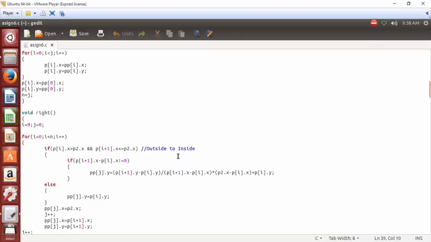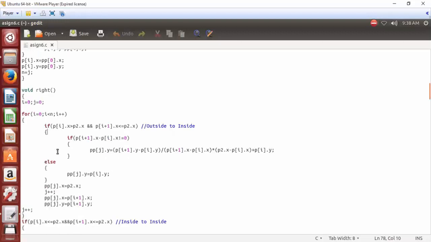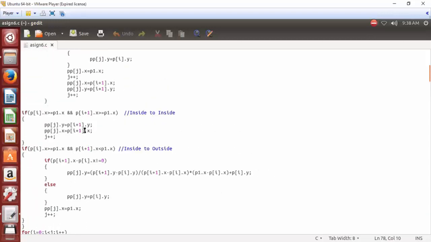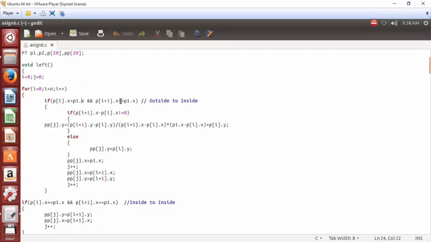Again here we are going to check the 4 conditions. The fourth one is outside to outside, so we are going to discard that. For outside to inside, again we check with p's x value, whether it is greater than p2's x. For the right clipper we are going to check with p2; for the left clipper we checked with x.